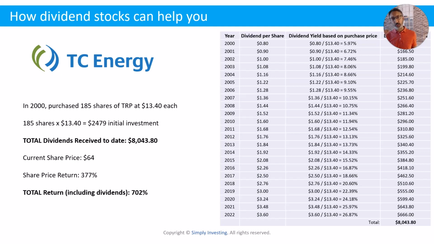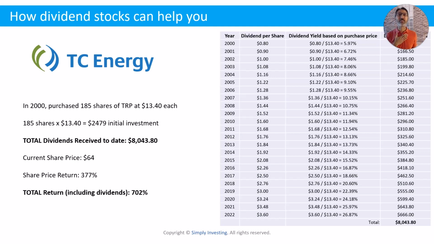Now, I know there's a concern here from people where they will say the dividend is not guaranteed. And that's true. Companies can reduce the dividend anytime they want. Companies can eliminate the dividend anytime they want. And I've said this before, no one can predict the future. I don't know what's going to happen in the stock market next week, next month, next year. Are things going to go up? Are we going to see a crash? Are we going to get into a recession? I don't know. Nobody can predict what's going to happen in the future.